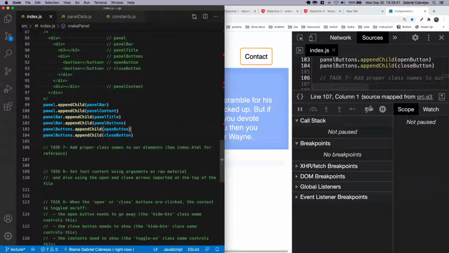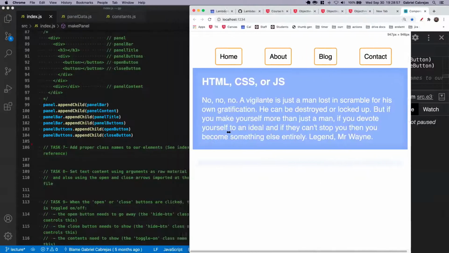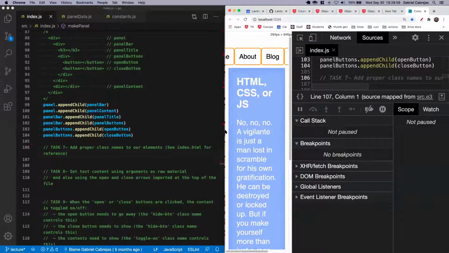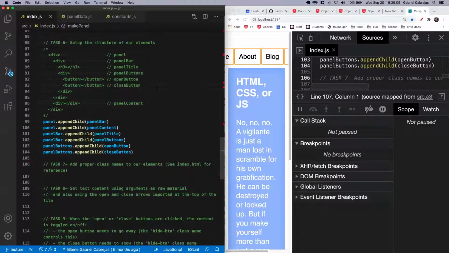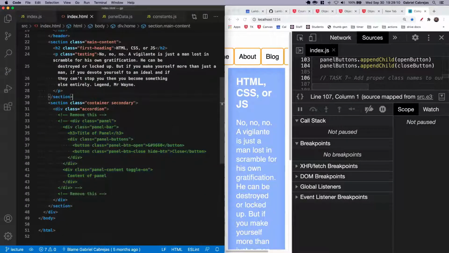Add proper class names to our elements. See index.html for reference. Now this is going to be brutally tedious, aggravated by the fact that you got to be careful because remember, not all class names should show necessarily because some of the class names are used to toggle the visibility of the thing, right? So